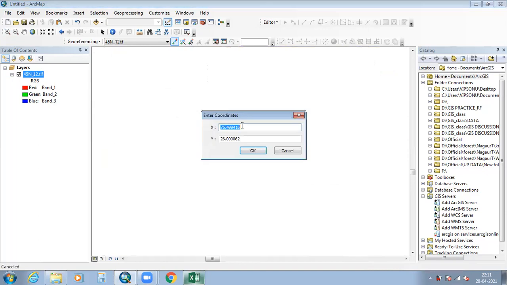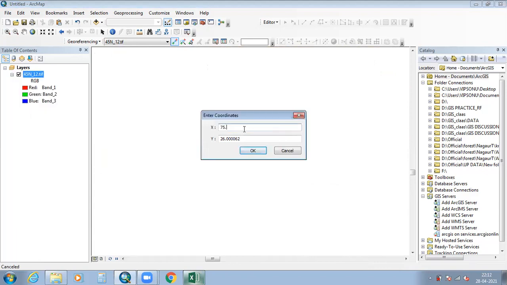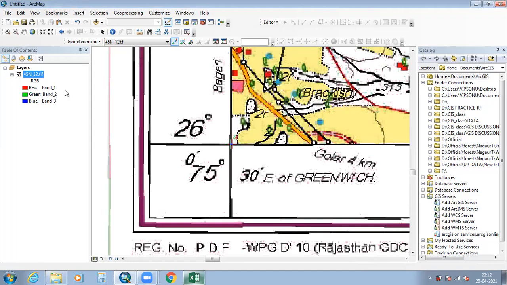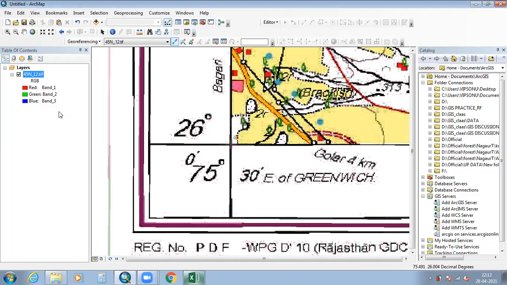This value will be 75 degree 30 minutes means 75.5, and this is 26, and then okay, right? So in this way, add the control points to all four corners of the toposheet.